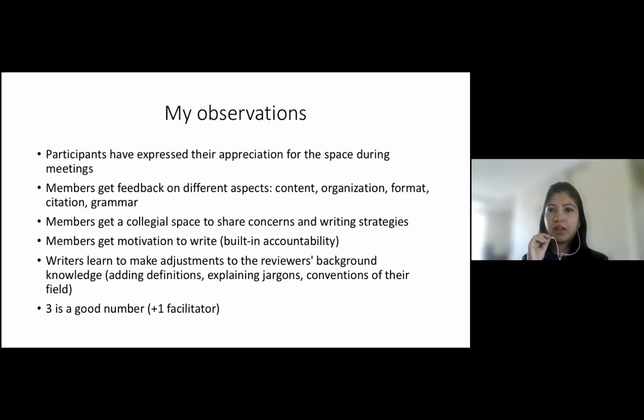Three, I believe, is a very good number, especially if you also have a facilitator, that is me, because it's easier to schedule meetings that way. Initially, I had some difficulty in setting up meetings. I would send out a when-is-good to everybody, and we'd never have a meeting time. But then, maybe 3 to 4 meetings later, I was able to fix the slot. So that's our slot. But if you have more people, it will become difficult for you to schedule meetings because your schedule will never align.